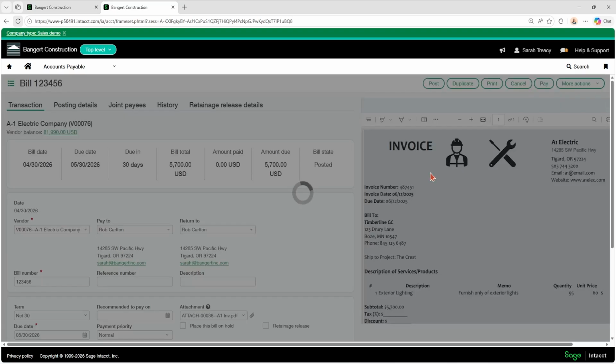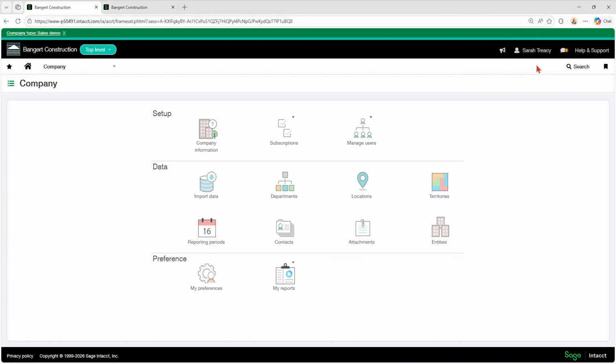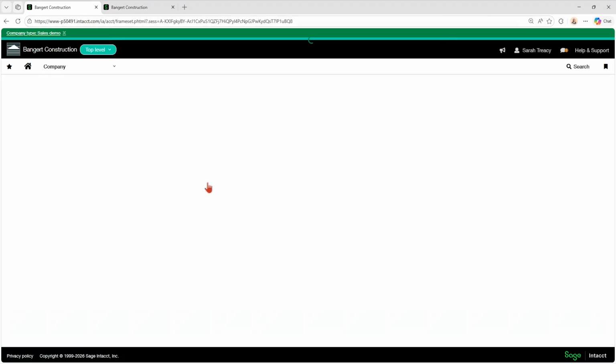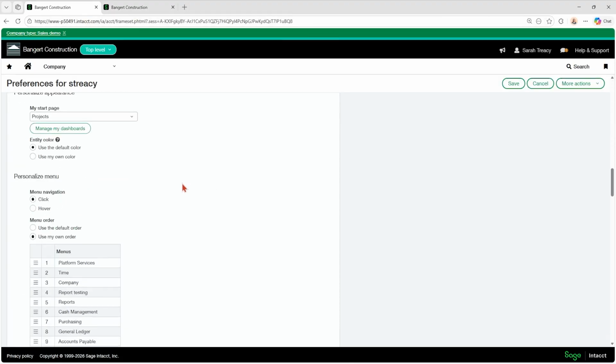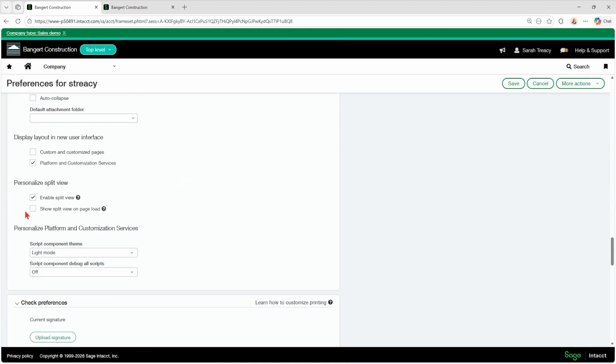So the other option then with split view is, once you have split view enabled, you have this other option here to show split view on page load. So let's say I check that off, hit save.